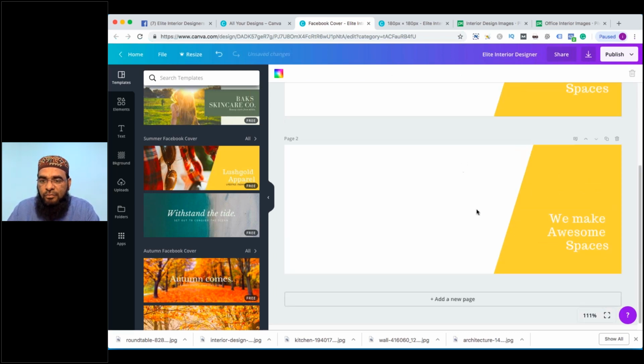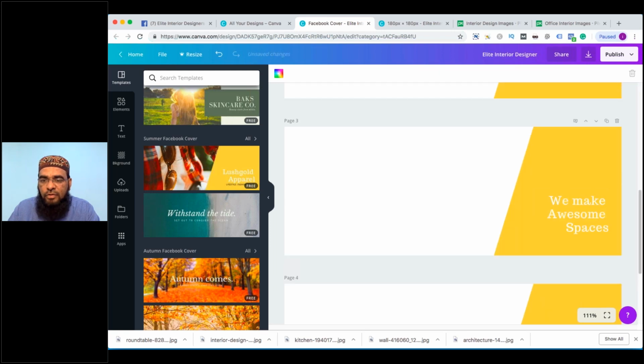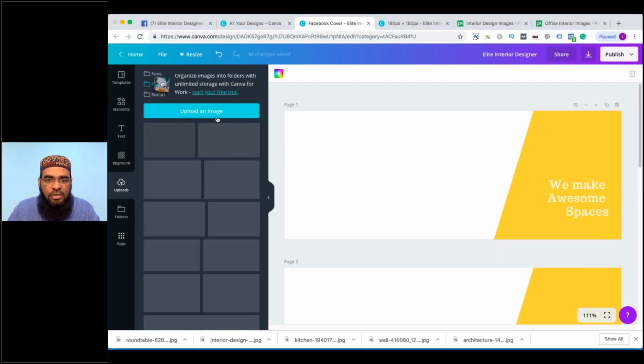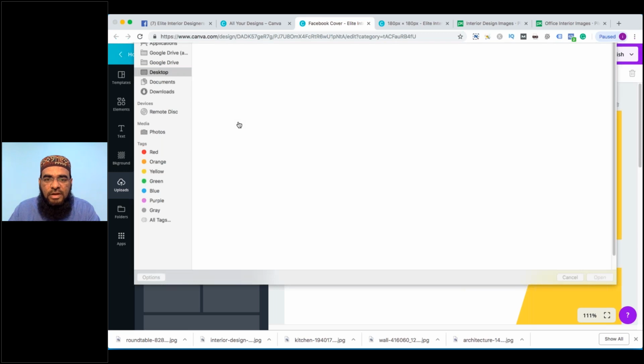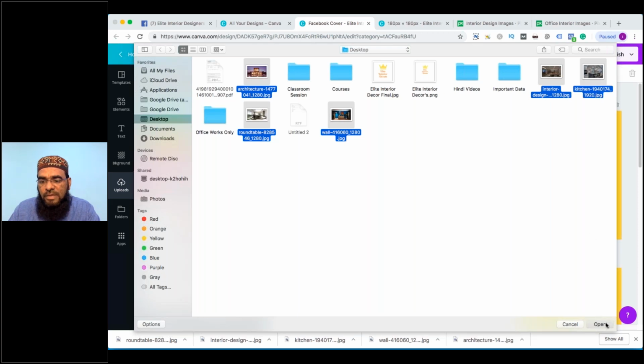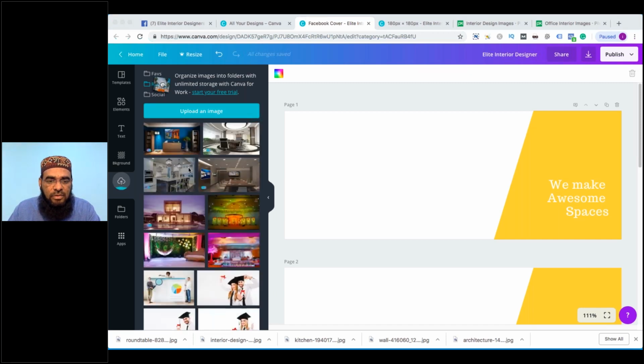So now go ahead. We got a first one, the second one, I'm taking a duplicate, third one, and four. All right, so now we need pictures for making of this element. So go ahead and upload an image and all the pictures we'd like to get here into Canva. So one, two, three, four, five. So we'll choose the best out of all. All right. So let them quickly upload.